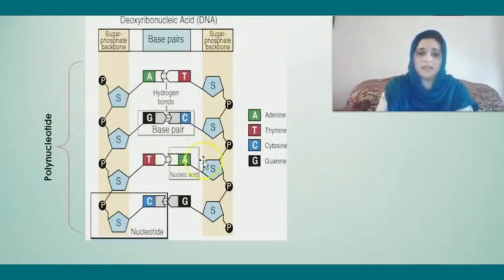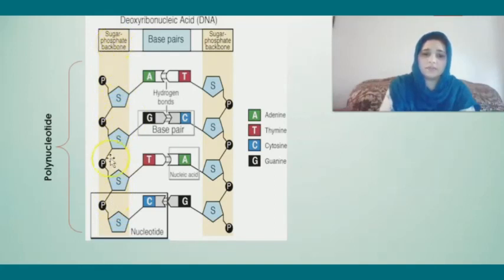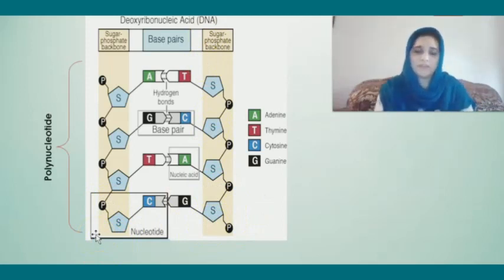So this is the diagram that will explain what is meant by polynucleotide. Here is one strand of the DNA double helix. Here is the second one. Just like the sides of a ladder, one contains a sugar phosphate backbone, and the other one also contains a sugar phosphate backbone. You can see here both strands are anti-parallel. Here sugar is on this side, phosphate on the other side. So here is the opposite direction. One strand moves in the 5' to 3' direction, while the other strand moves from 3' to 5' direction.